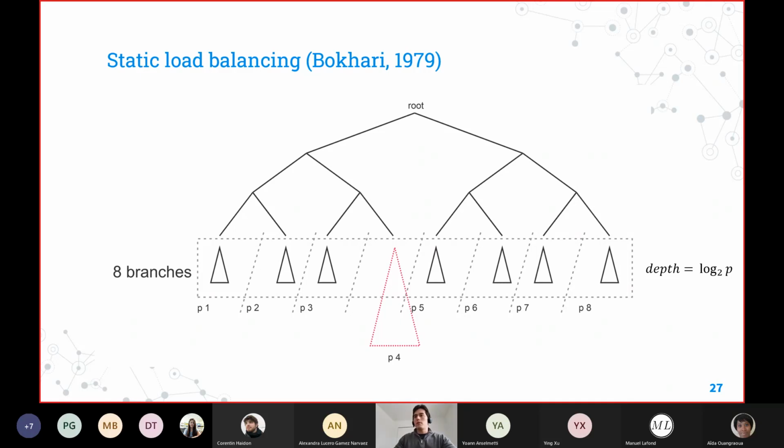That's one of the problems, because if the other 7 processors take only a fraction of a second, that means the whole execution was on this branch, and we're not actually getting any improvement at all, even though it is parallel.